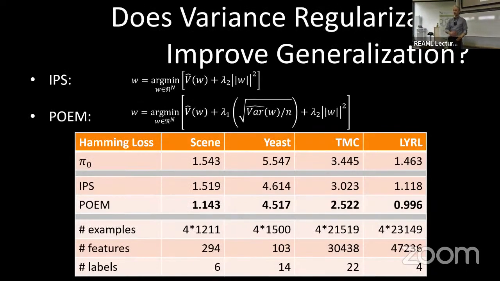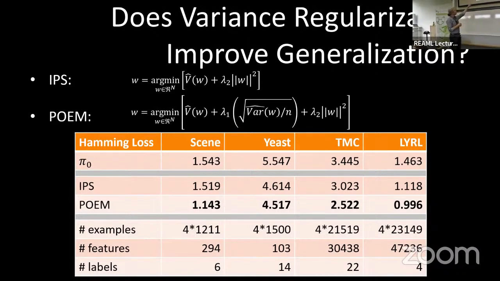And so this is trying this out on 4 benchmark data sets. These are classification data sets, but we turned them into multi-label classification data sets. We did a batch to bandit conversion, we simulate bandit data for this. So then there's the straightforward IPS, and then there's POEM with the regularization.